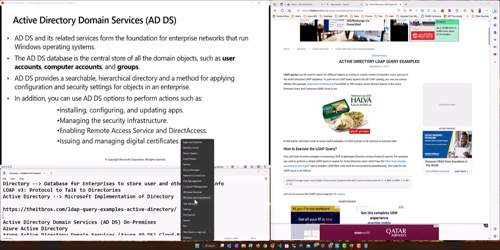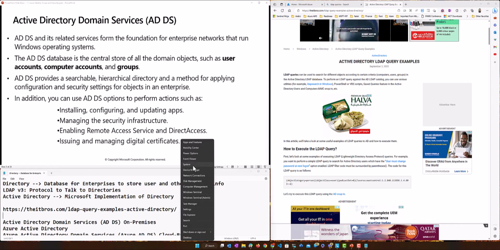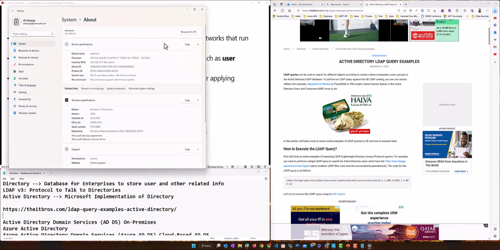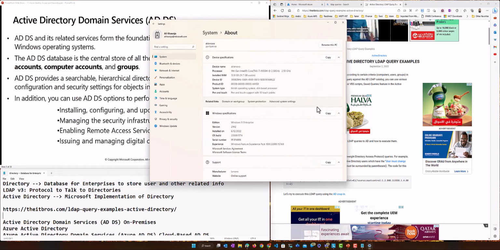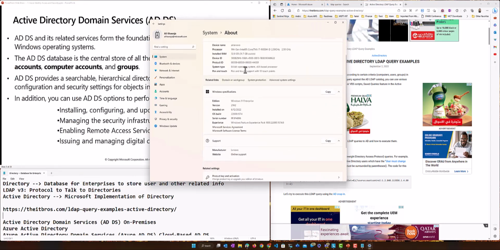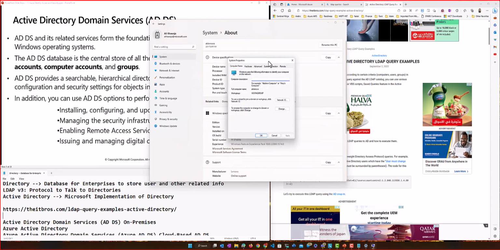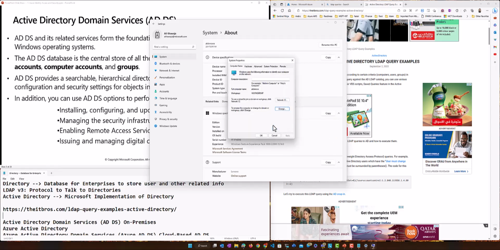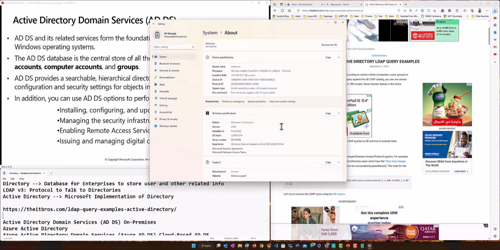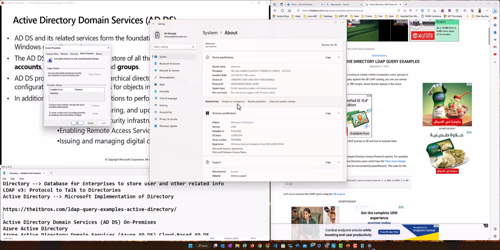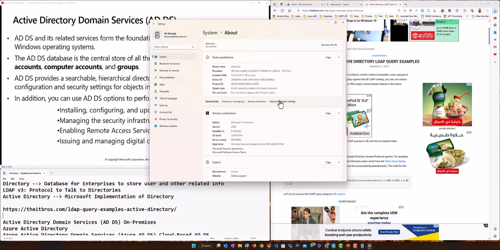Computer account means, for example, if I go into System here, you will see over here domain and workgroup, right? Sorry, I wanted to show where it is joined to Azure AD. Let's see. No, I don't want to show this.